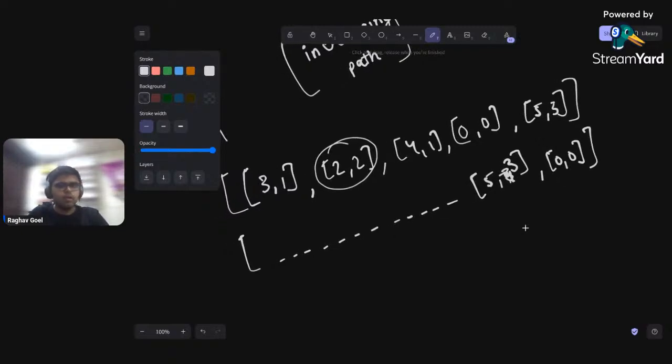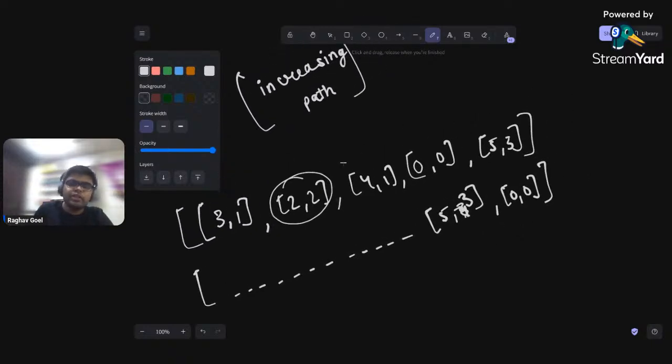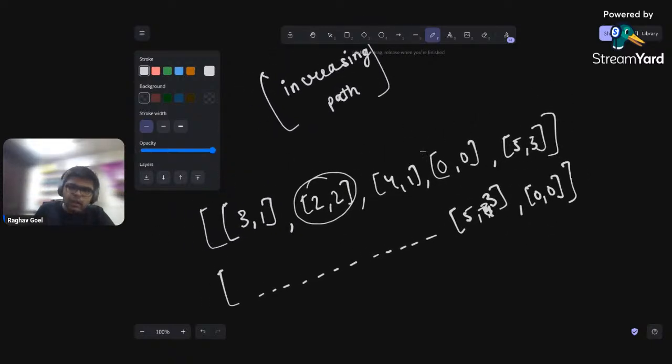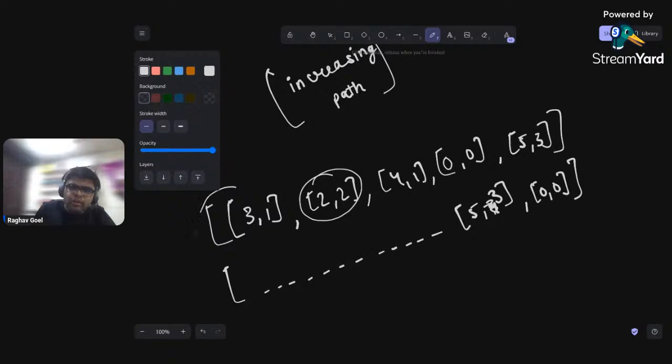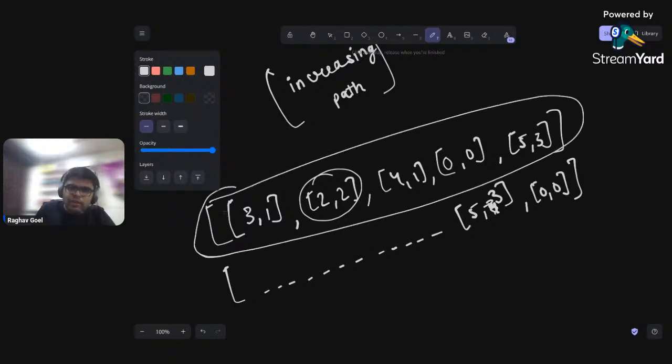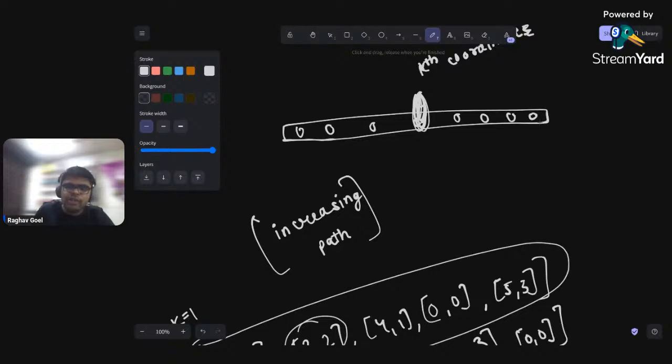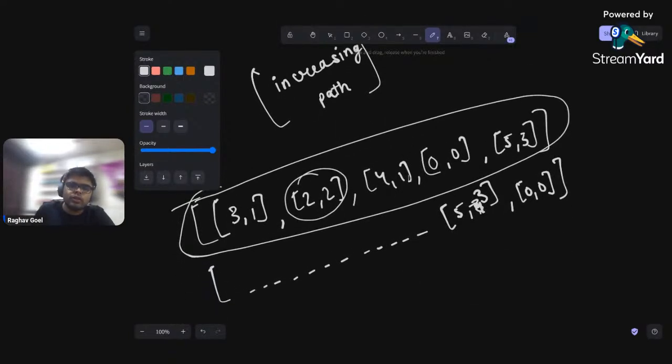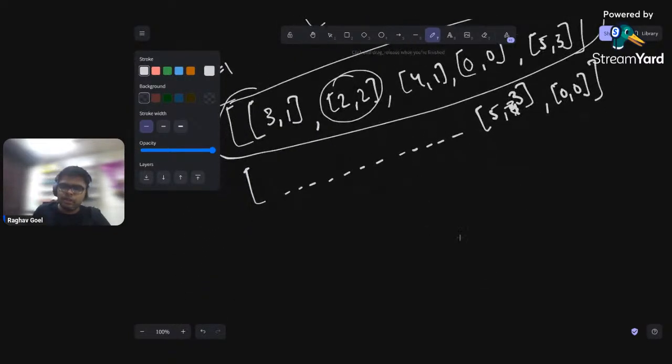Okay, so I hope that this makes sense, that the order in which the coordinates have been given does not really matter, right? The order in which the coordinates have been given does not really matter because, at the end of the day, we just want to find out if there is